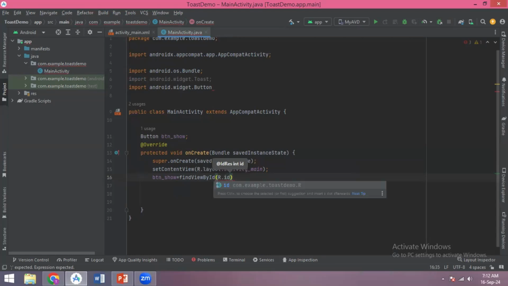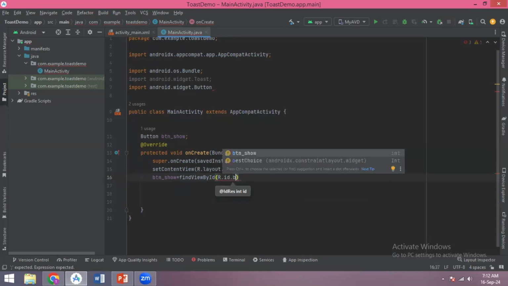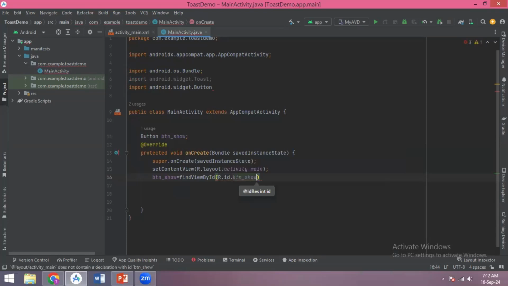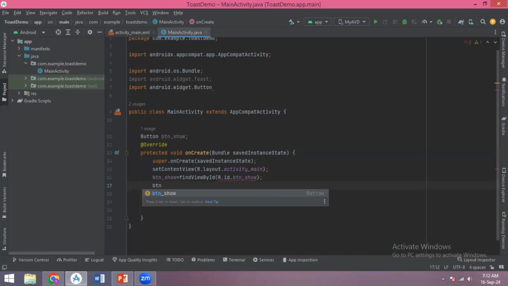So we'll type R.id.btn_show and semicolon. Now we want to display a toast message when anyone clicks on this button. So we have to write its listener also. For that we use object dot setOnClickListener